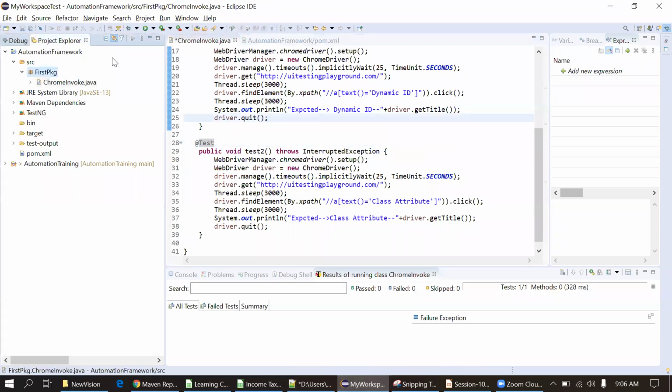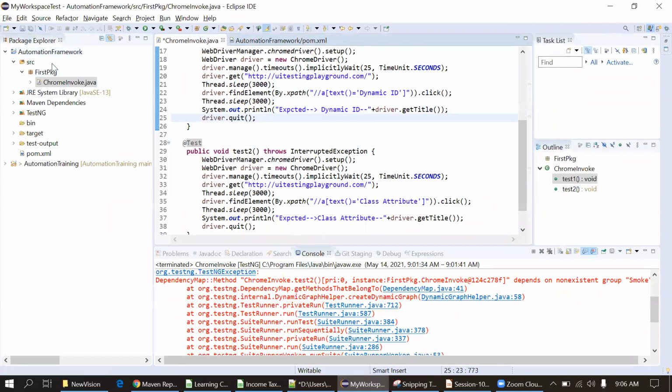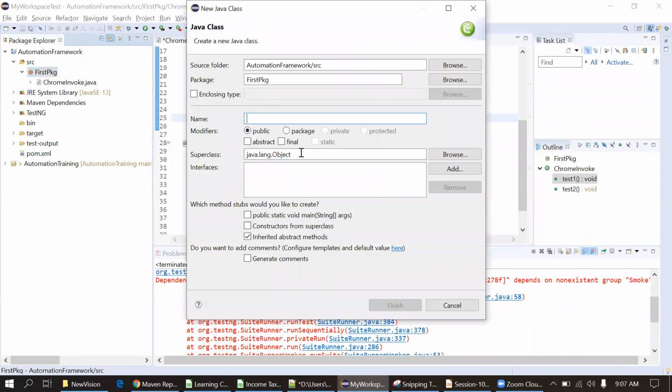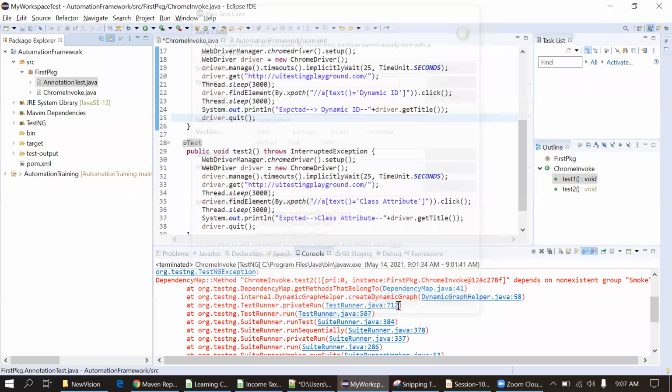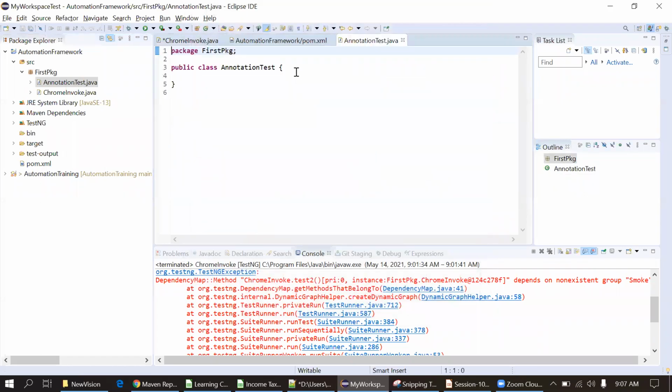I'm just creating a new class. I'm in the debug perspective, so I will make it the Java perspective, and we'll create a separate class here, AnnotationTest. Okay, so I'm not using the main method now. From the next session onward, I will not use the main method. I will just use the TestNG annotations.